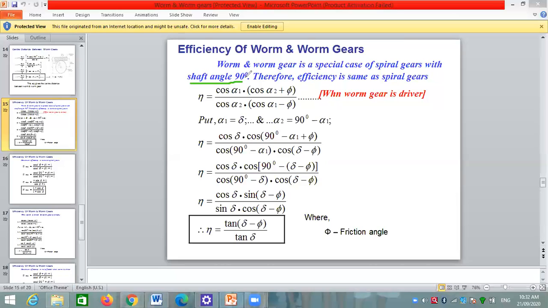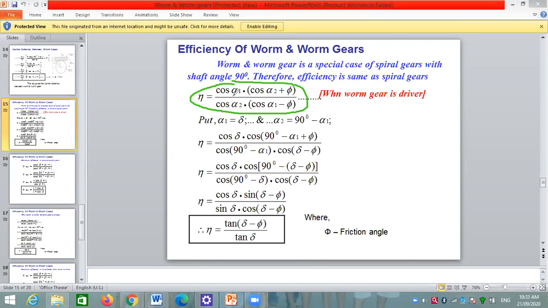Therefore, efficiency is the same for a spiral gear. If we see the formula for the spiral gear and the formula for efficiency of the worm and worm wheel, it is the same. So efficiency of the spiral gear is given by efficiency equal to cos of alpha 1 into cos of alpha 2 plus phi, divided by cos of alpha 2 into cos of alpha 1 minus phi, where alpha 1